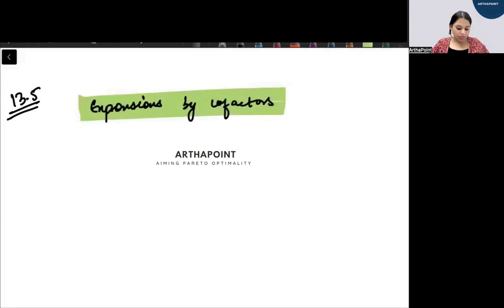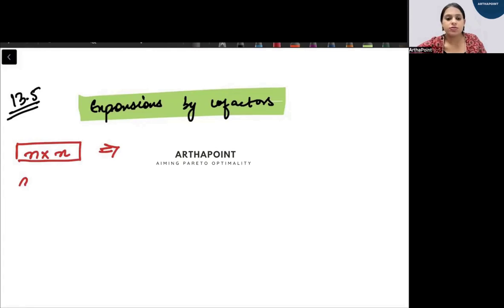ठीक है. So expansion by cofactors में सबसे पहले जो definition आपको समझनी है कि whenever we have any n cross n matrix, तो इसका जो determinant होता है, it is a sum of n factorial terms. Please give me a moment. Let me take out another pen. Whenever we have an n cross n matrix, its determinant is a sum of n factorial terms,